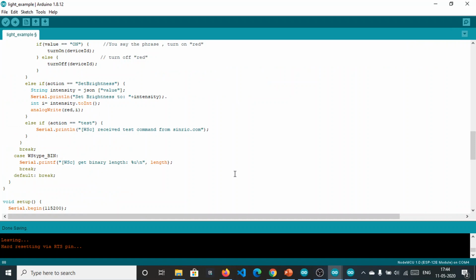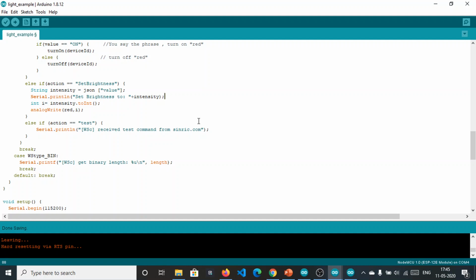There is a bug in this code which we have written. Basically we return the intensity and pass it to analogWrite, and we know that analogWrite takes a value between 0 and 255. 0 is the minimum value, in which the LED is turned off, and 255 is full brightness. This intensity returns a value from 0 to 100, an integer percentage. So we need to map it.